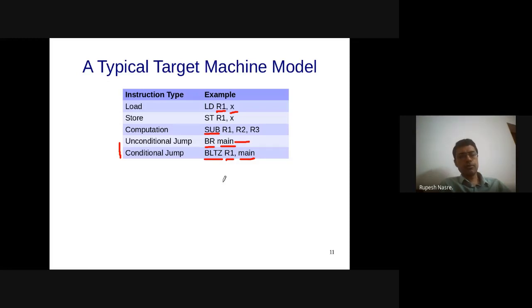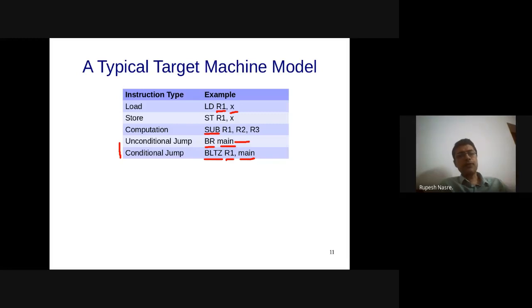Yeah, so branch if equal to is currently not there, but you can still simulate it by having multiple such conditional jumps. For example, branch if less than 0, then you negate the values inside R1, I mean, flip it and make it a negative number.